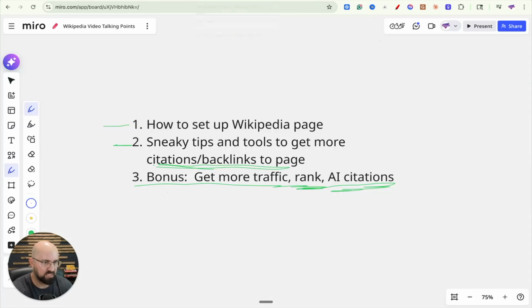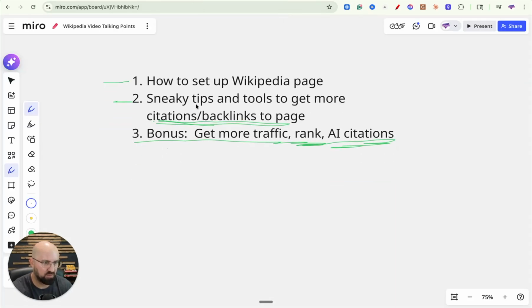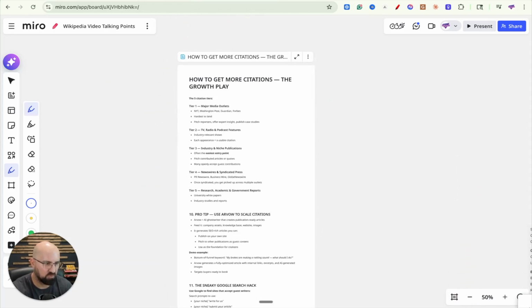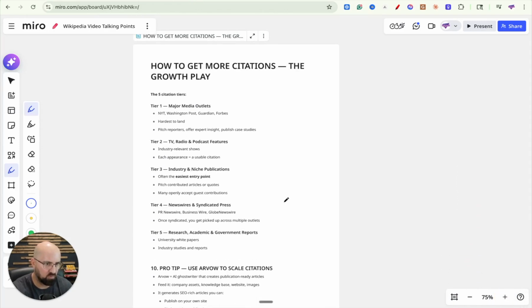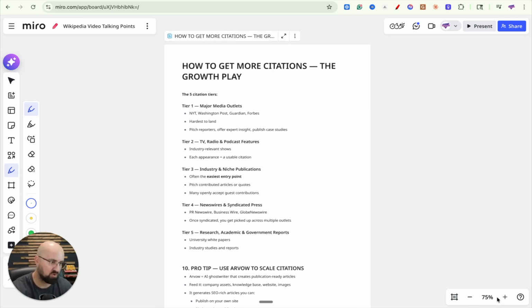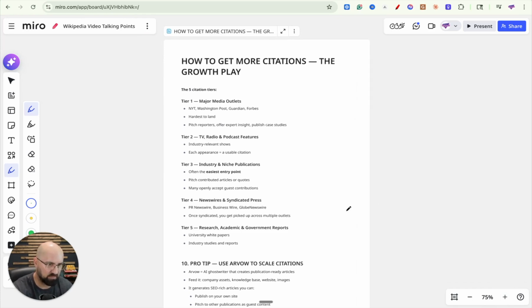All right, so the next thing, citations. How do we get more citations? So here's a couple of ideas for you that you can try and work through as you're building out your page to get citations. And some of these are harder, some of these are easier. It really kind of depends. So the top 5 ways are,